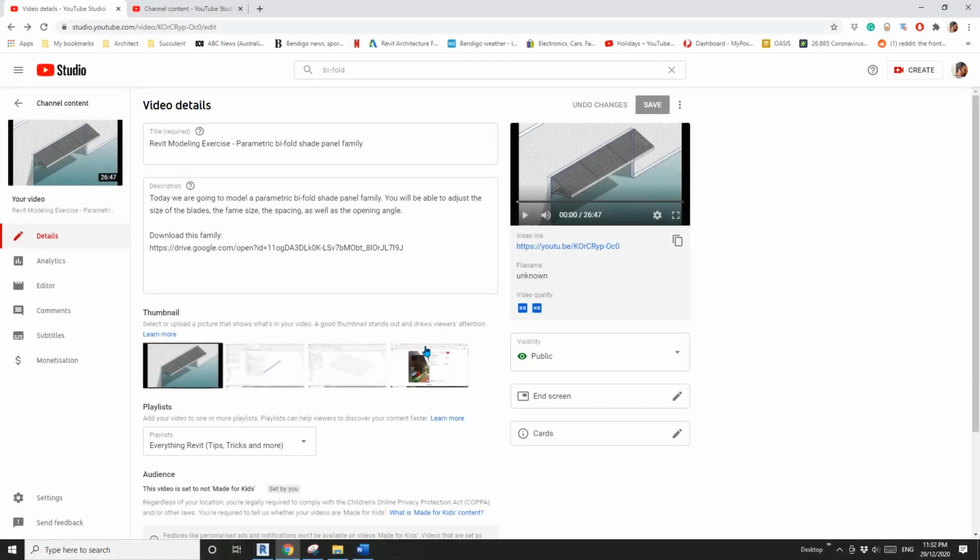Hey guys, Bing here. Previously I did this parametric bifold shade panel family, using a little bit of trigonometry. Today I'm going to create another one with reference lines only, and also